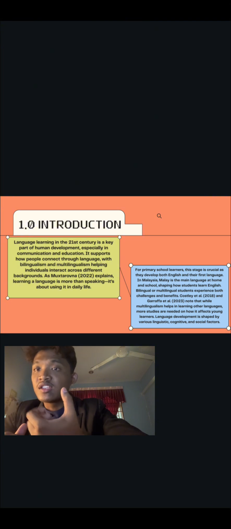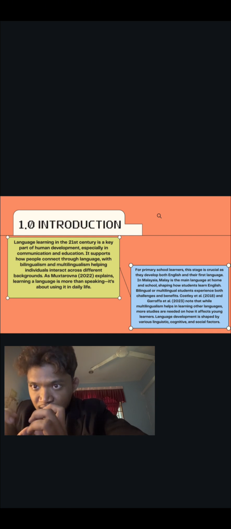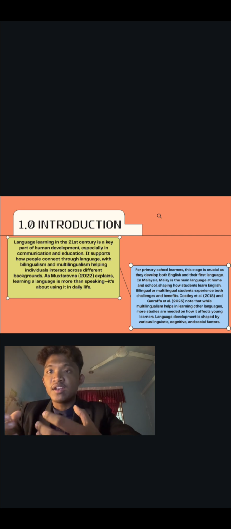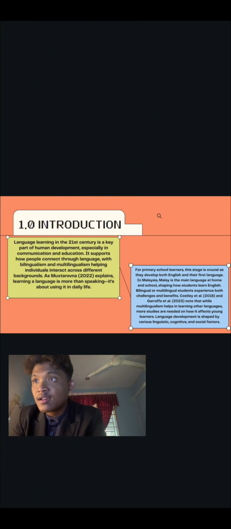When they learn in school at the age of primary learners, it becomes easier as this age category tends to be more open. So we can conclude that for primary school learners, the stage of primary learning is crucial as they develop both English and their first language in Malaysia, which is Malay,